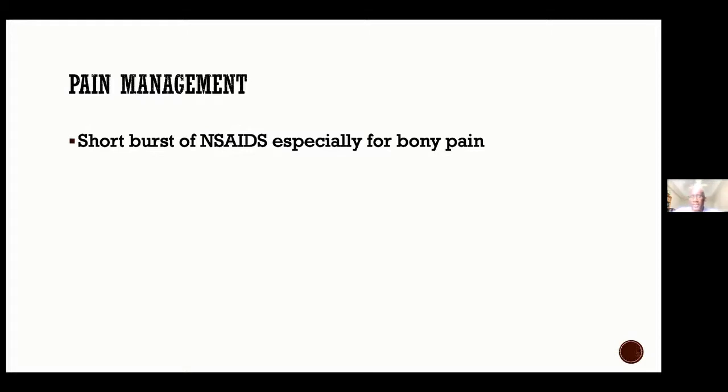So what that will mean is, yes, you start with your first line, especially if it's bony pain, with non-steroidals, but nothing comes for free. Non-steroidals have quite a big side effect profile. That's why I say short bursts, a few days, because in that time you want to get your underlying issue sorted, and you want to get into using other modalities. So the approach would be multimodal, meaning many different drugs working on different pathways in order to address the same endpoint, which is alleviation of the pain.